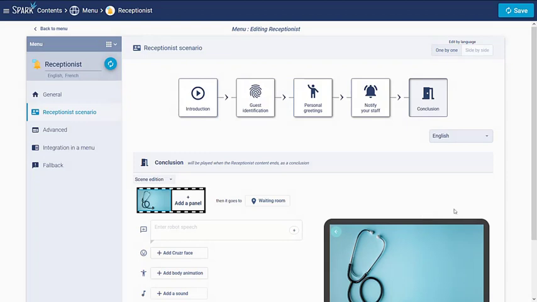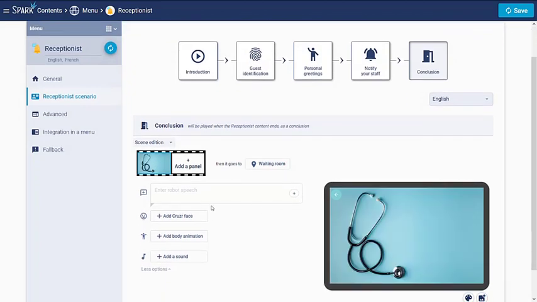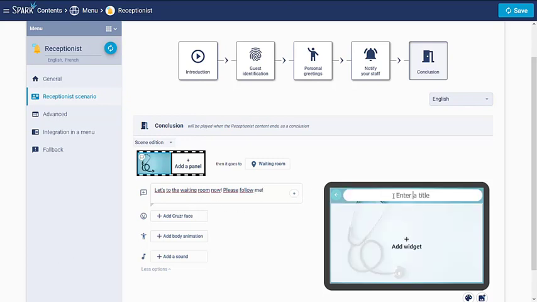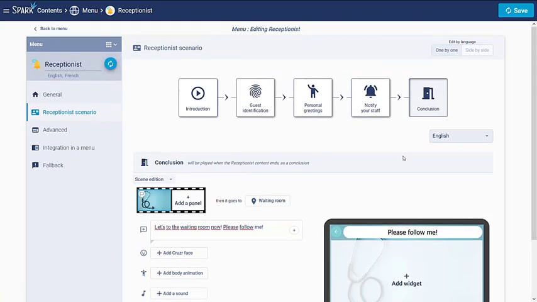Then we select, and then we can define a robot speech. Let's go to the waiting room now. Please follow me. We can also add a title. And we are all set.